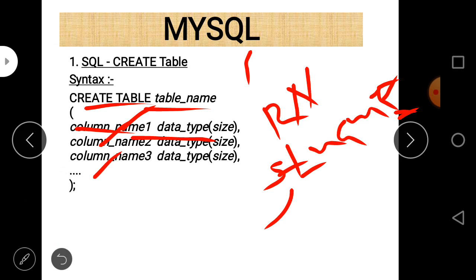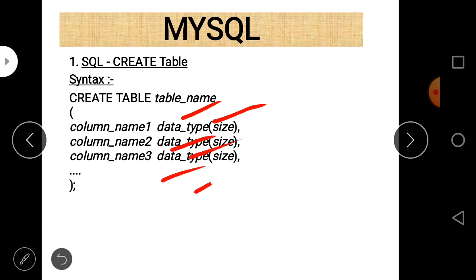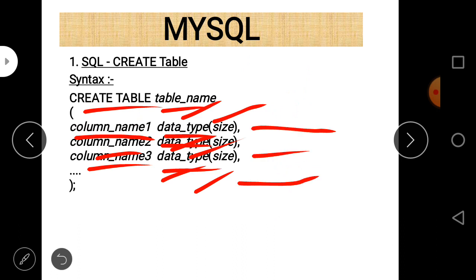So you can take underscore, and you can easily take a small identifier name, or column name 1 and column name 2 and column name 3, and then after that their data types, and if the size is there, then also mention the size. For some data types there is no requirement of size, such as int, but some data types have their size, such as char and varchar. So declare this. So this is the syntax of the create table command. Create table, table name, then in parenthesis column name, data type, size, column name, data type, size, column name, data type, size, and there is one more field, and that is constraints.